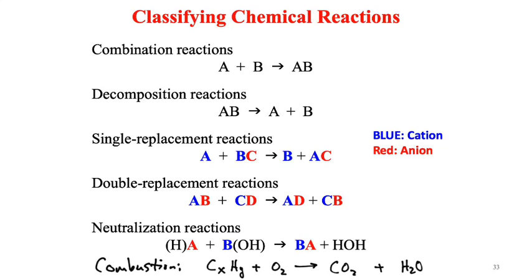Okay? The combustion of all of these is arguably the easiest because it is the most narrow definition. This definition is really excessively narrow, but that's how we're using it in Chem 130. We take carbon with X. What is X? It's some subscript. It can be any whole number bonded to hydrogen with